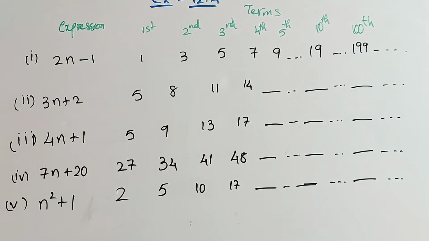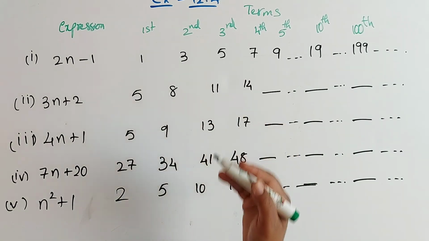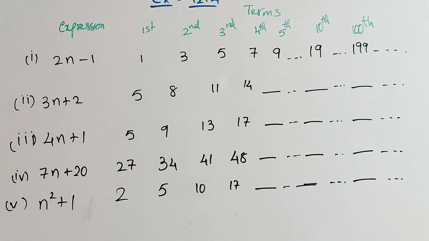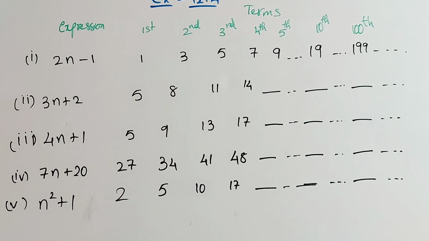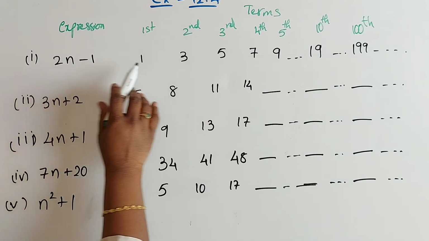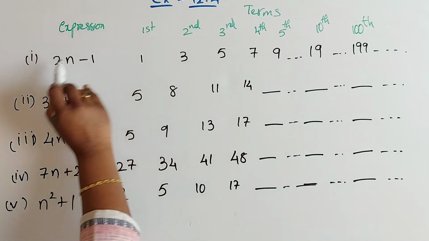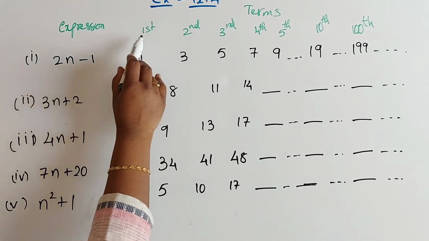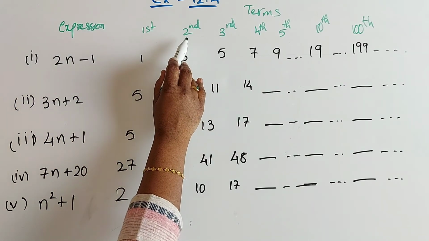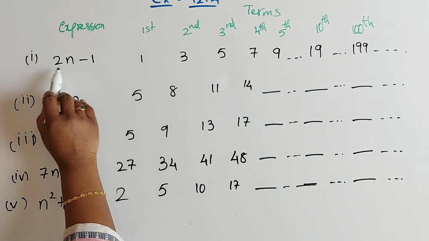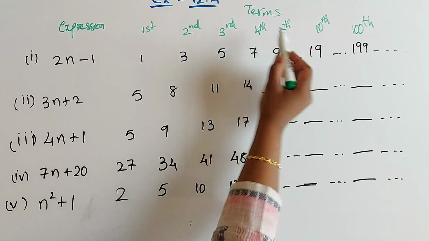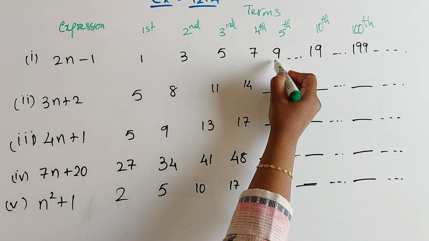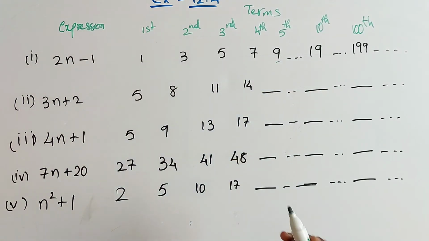Second question, children. Use the given algebraic expressions to complete the table of number patterns. Here they have given expressions, number patterns, right, children? We'll see the first one. 2n minus 1. If n equal to 1, 1 2s are 2 minus 1, 1. If n equal to 2, second term, 2 2s are 4 minus 1, 3. If n equal to 5, 5 2s are 10 minus 1, 9. This is also correct. Right, children?